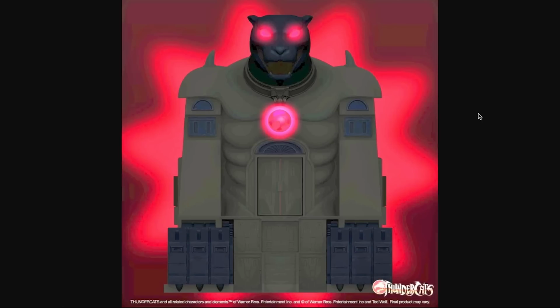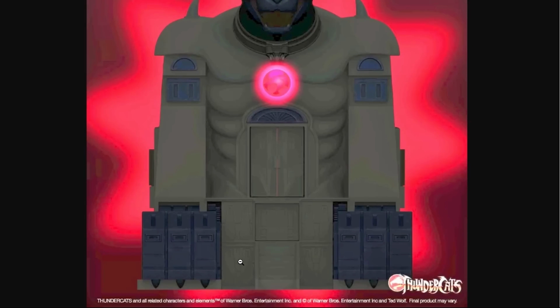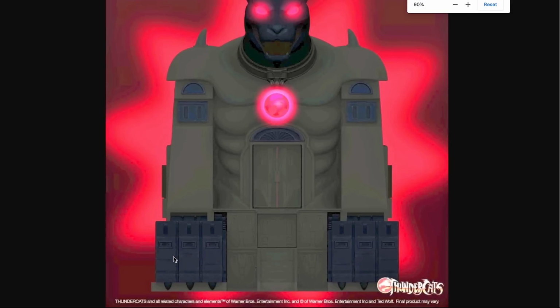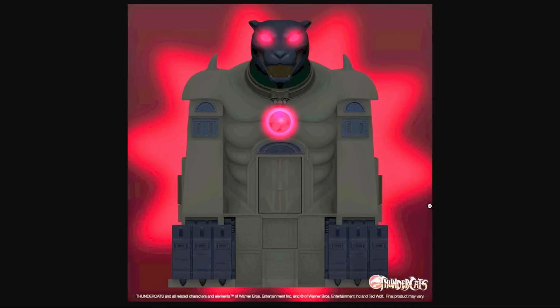A real sticking point for many fans is that the Thunder Tank, yes, I'm going to go ahead and say it, will not fit under any of these paws in this scale. There's just no way the Thunder Tank would be able to fit under either of these paws, as clearly evident by the size and scale of this playset. And I know how many people are going to be disappointed by that, but let's be honest, if it was in proper scale to the Thunder Tank, you wouldn't be able to fit this into your house. It would be absolutely